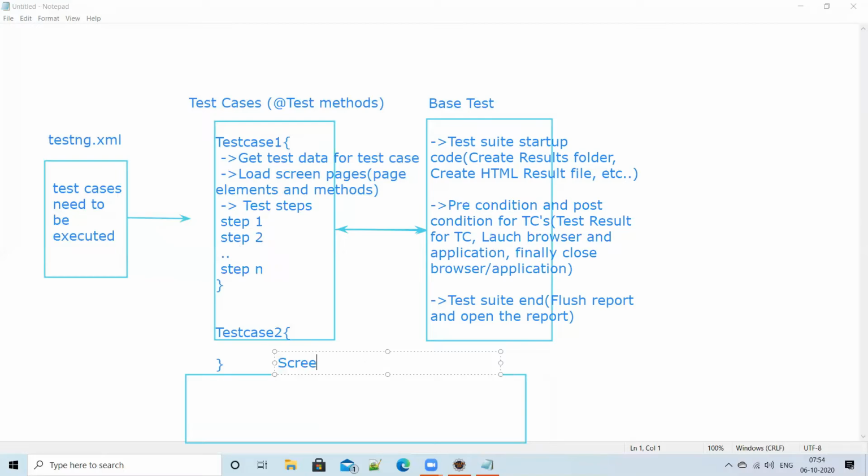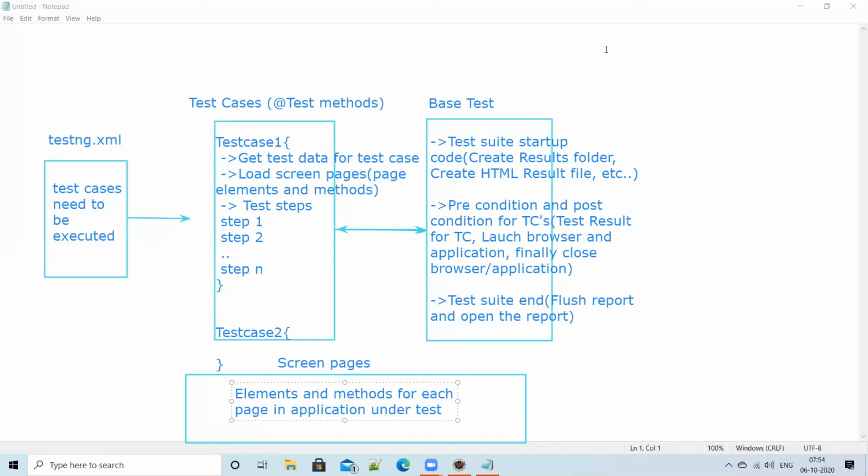This is screen pages. For each page you have the elements and methods, so here you will have elements and methods for each page in the application. That's what the screen pages are.